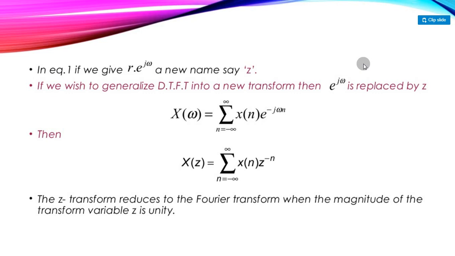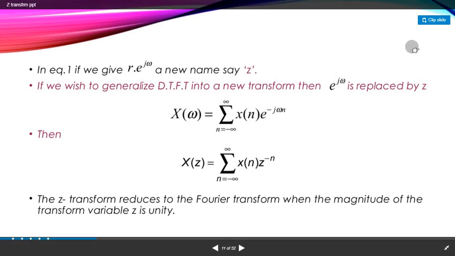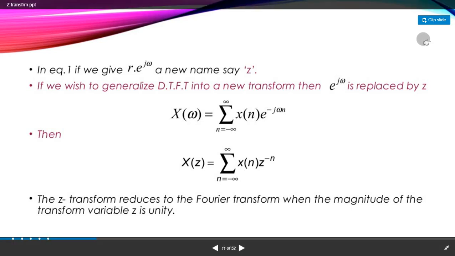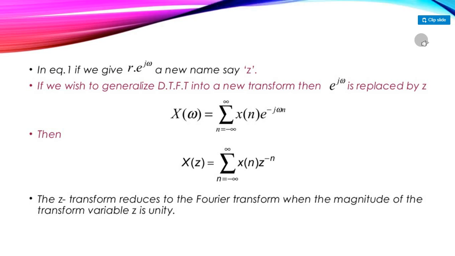We have already discussed how a specific periodic signal or a specific aperiodic signal can be represented using the Fourier series representation or the Fourier transform. It is the next level of that. After representing a specific periodic or aperiodic signal as a linear combination of exponential functions, we take it to the next level, where we have decided to take e to the power minus j omega as Z.